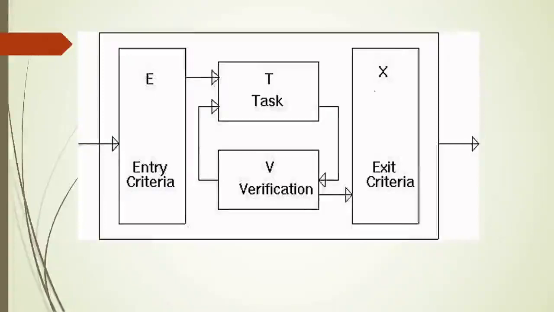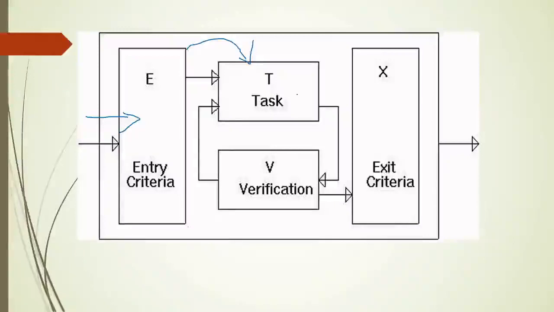So this is the diagram of the ETVX model. Before entering each phase, it has to meet the entry criteria. Once it enters that particular phase, it performs the tasks that have to be carried out in that phase. If you are in the design phase, what tasks are you going to carry out? You are going to do high level design and low level design. In the high level design, you concentrate more on the look of the system, what interfaces and how you are going to design them. In low level design, you concentrate more on the architecture, algorithms, and logic.